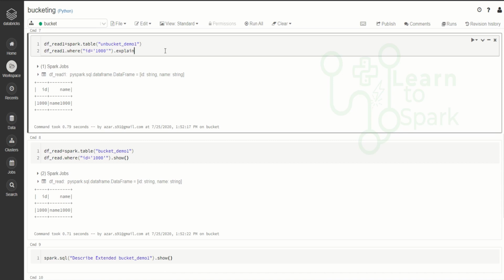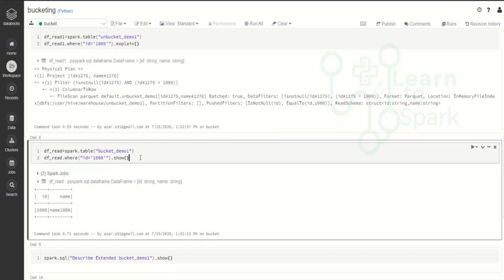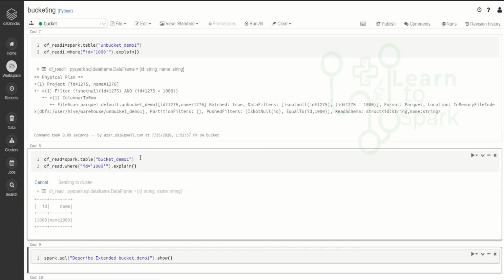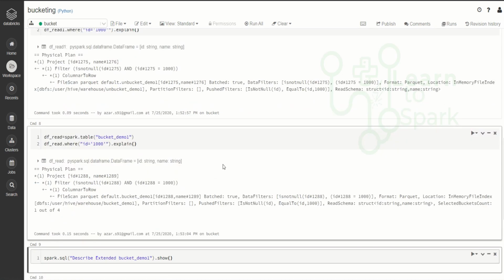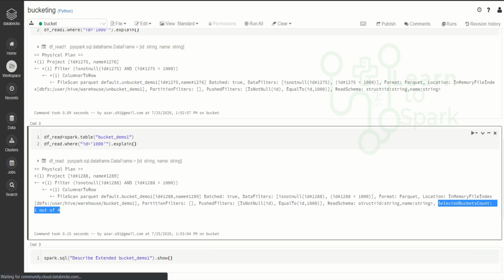I will give explain for the unbucketed one, and let me give explain for the same bucketed one. So here you can observe the differences in a bucketed table. While I'm querying it, it is having a selected bucket count and it is showing us 1 out of 4.